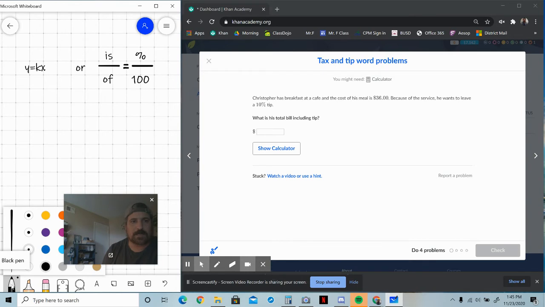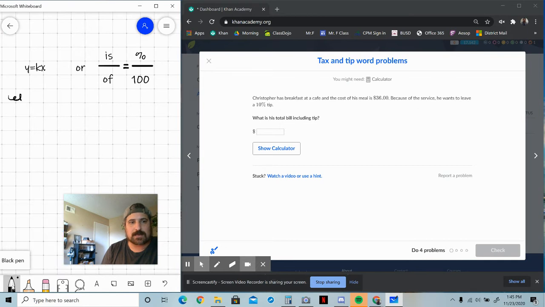If we're talking about the y equals kx equation, I would say let x equal his bill. That's the amount of his bill, and that's the input. We're going to multiply by some percent rate, and we're going to get an output, which is going to be the portion of the bill that we're talking about. 100% of 36 is 36, so if we want the output, the y, to be the bill including tip,